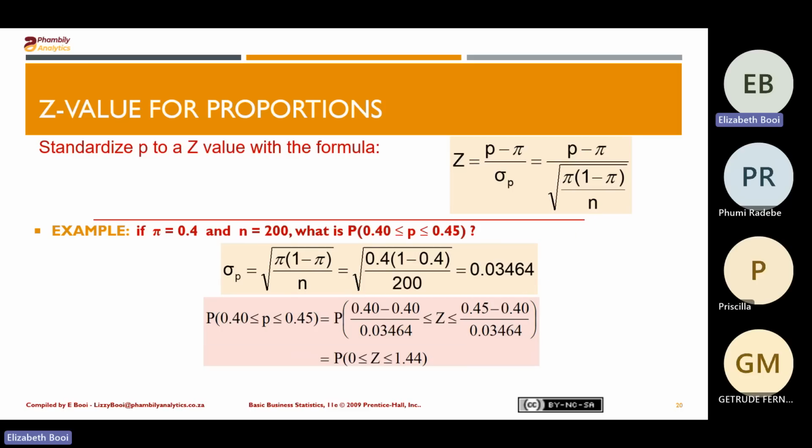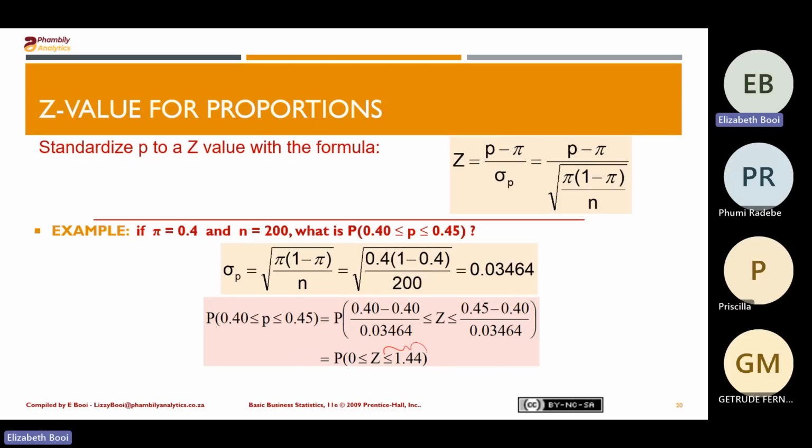And then we go and find the answer. When we solve this, 0.4 minus 0.4 gives us 0.00, and 0.45 minus 0.4 gives us 0.05, divided by 0.03464 gives us 1.44. We go to the table, we find the probability that Z is equal to 1.44